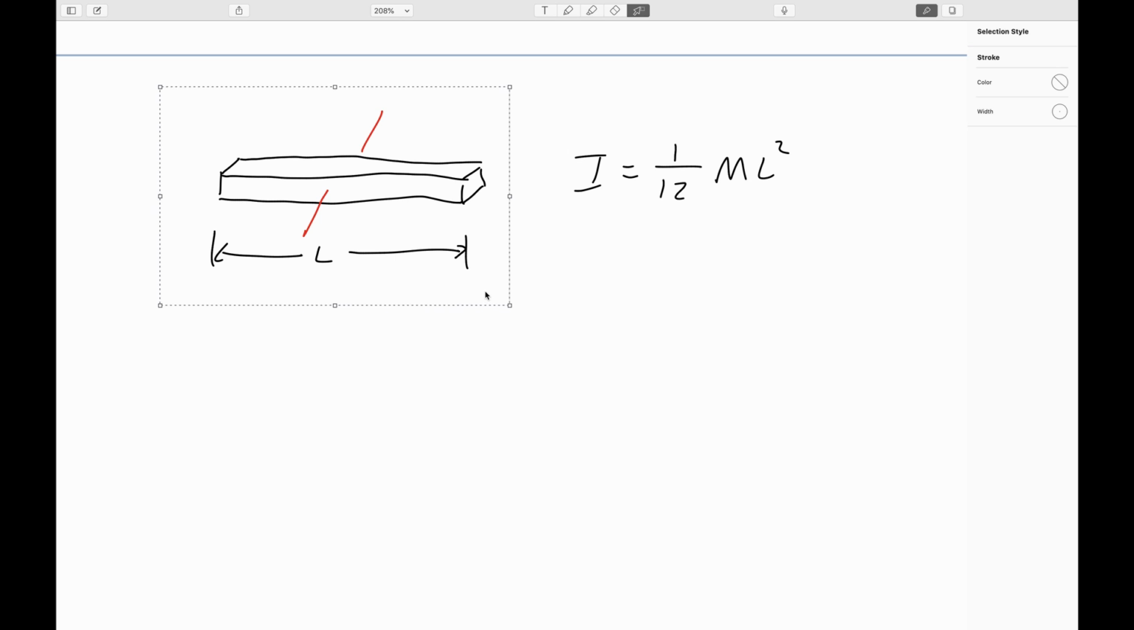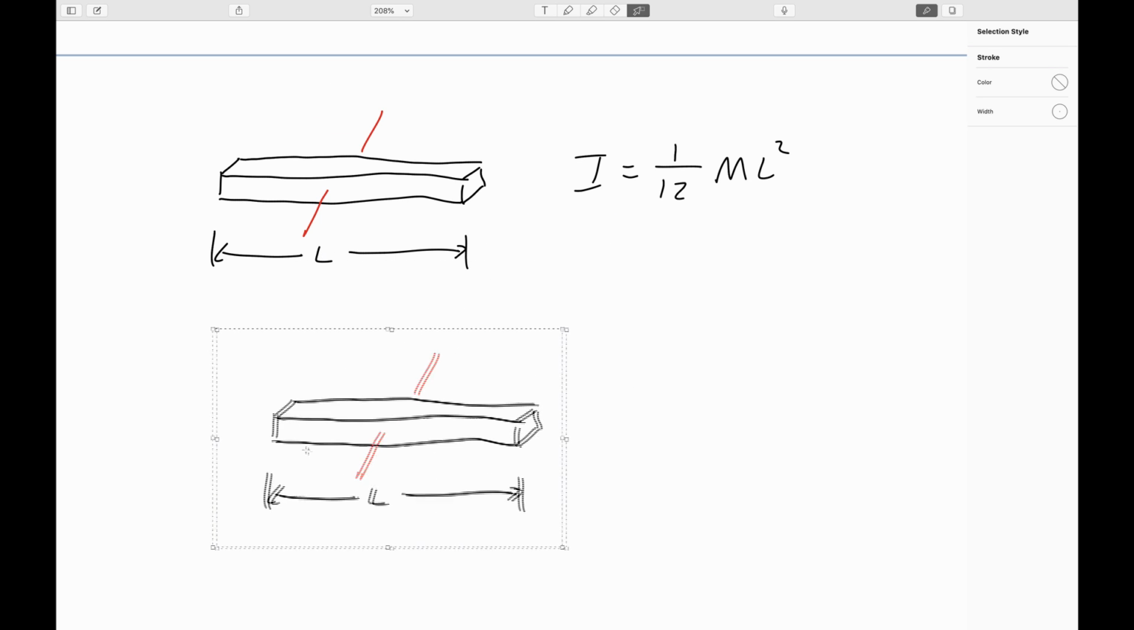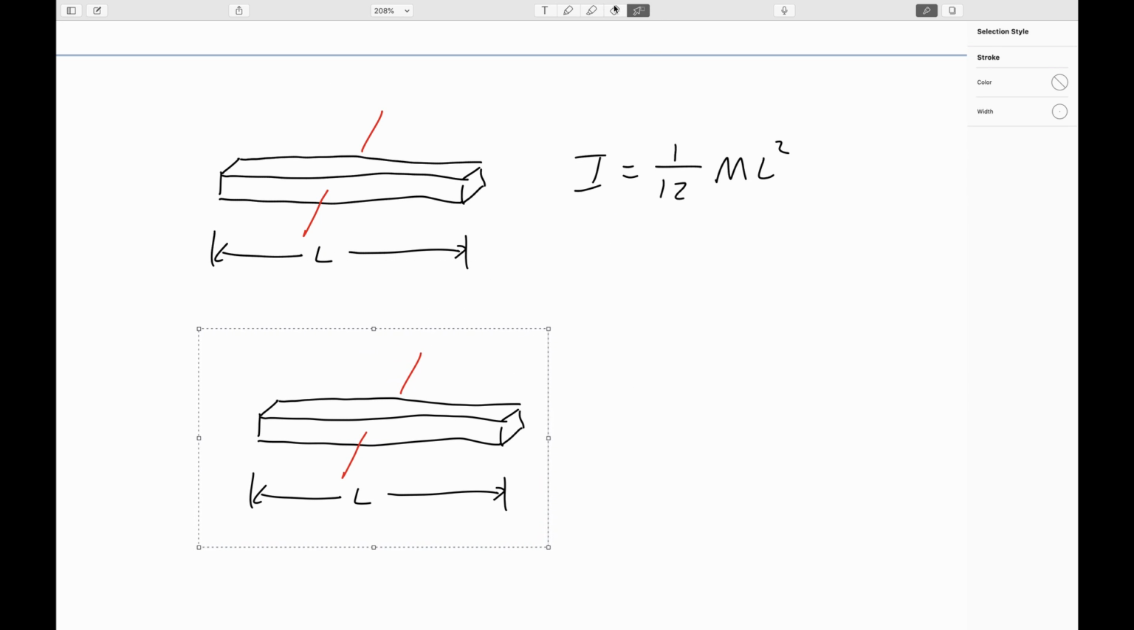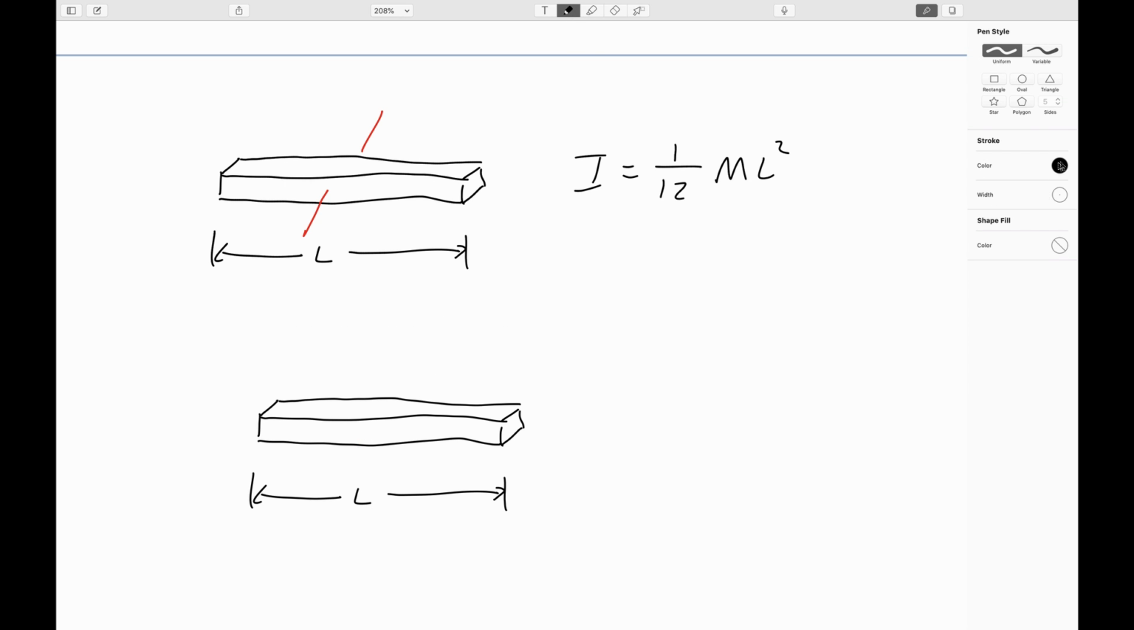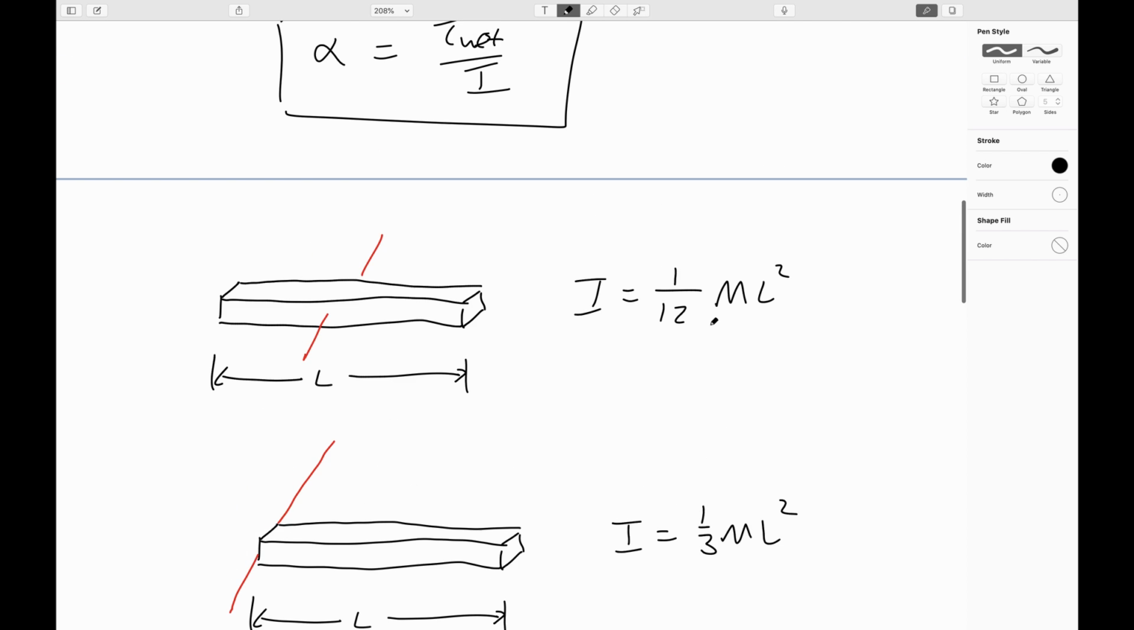And where you choose to rotate it matters. You can then go and look in these very same tables, and often they will have also computed it for what if you twist it around the edge of the rod like so. And it turns out in that case, the answer is 1/3 ml squared. So it's the same object, but the contention is that it's 4 times harder to twist,